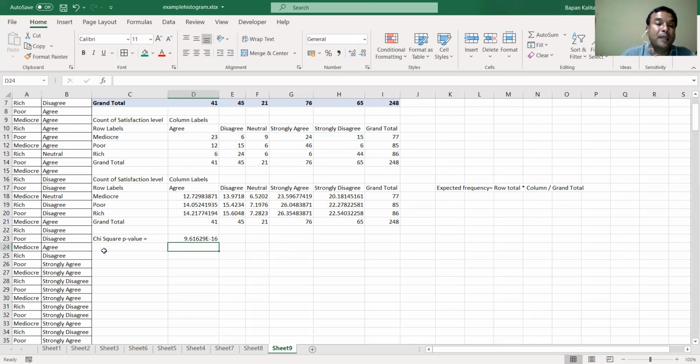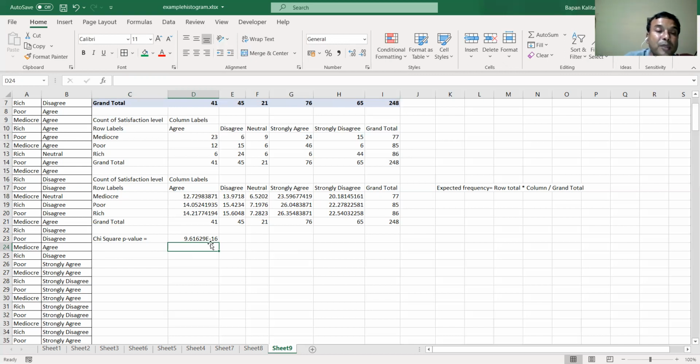Since we have calculated the chi-square p-value, we do not require finding the critical point. This p-value we have to verify against 0.05.